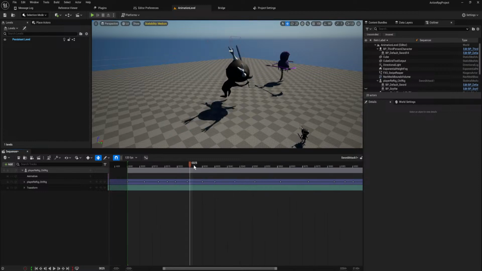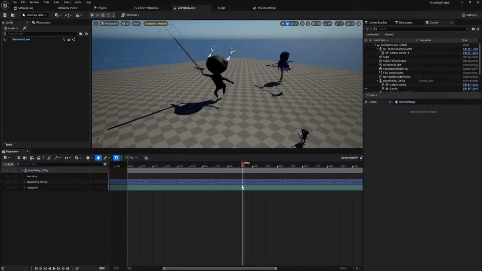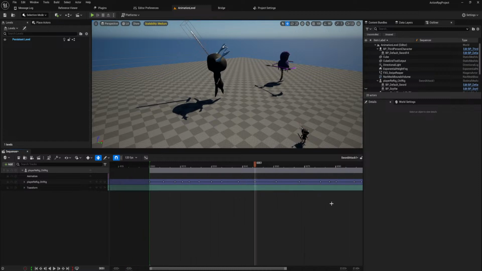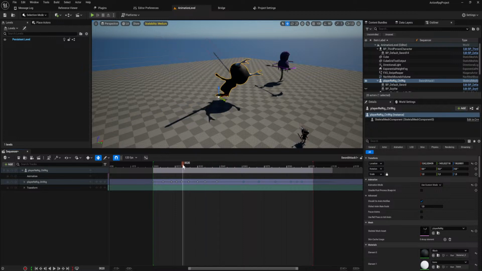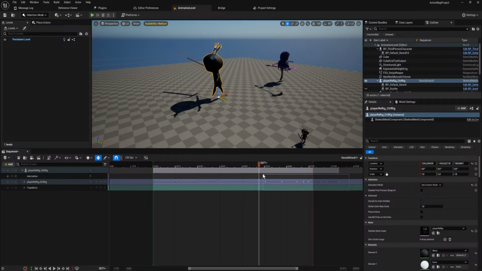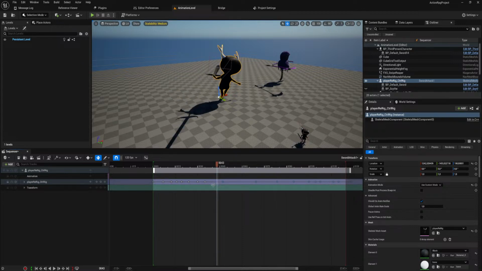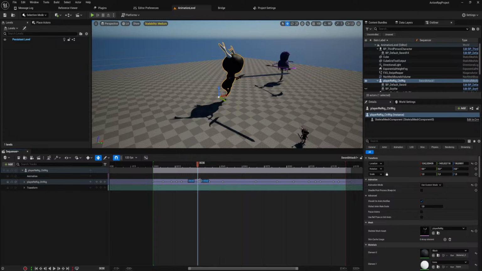It still has that little hiccup at the end there. Oh, it's that part. Okay, so this just needs to be a fair bit slower then, right? Is that what we're doing? I don't know. That feels a little bit more like it. This is why you don't animate with this many keyframes, by the way, and you use the curve editor. Do as I say, not as I do.